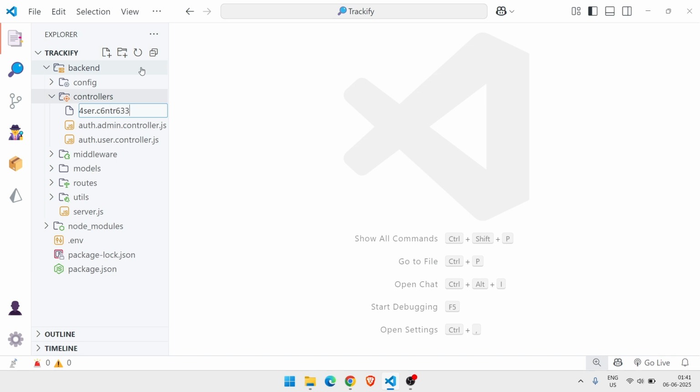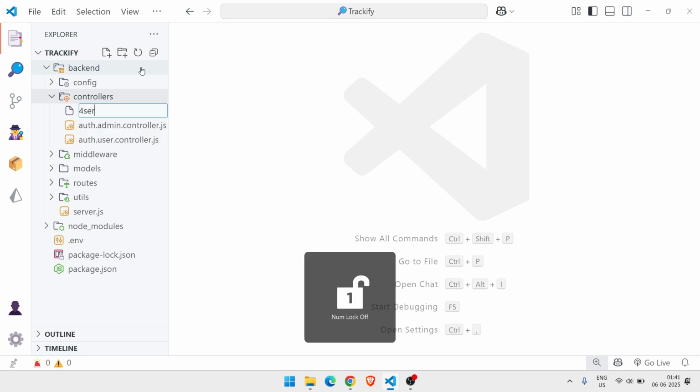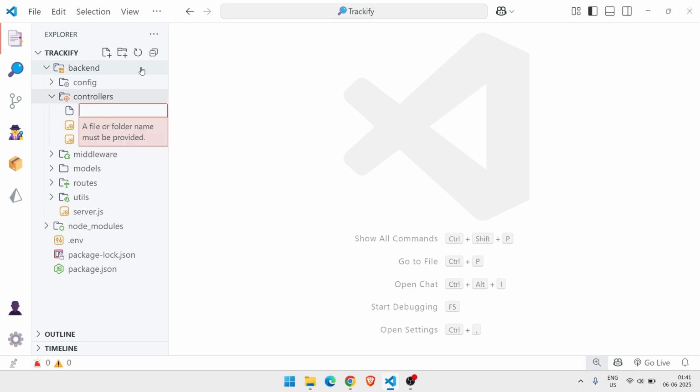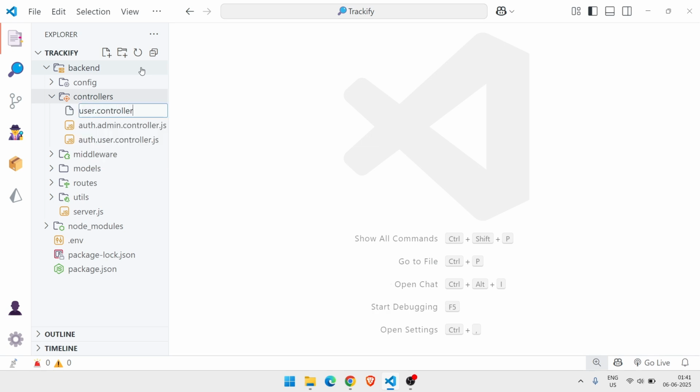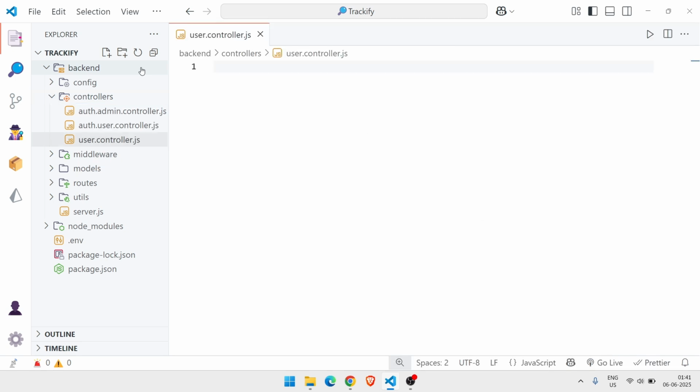user.controller. Oh my bad, I'm using numlock. user.controller.js. So this is going to be the file, and let's just import our